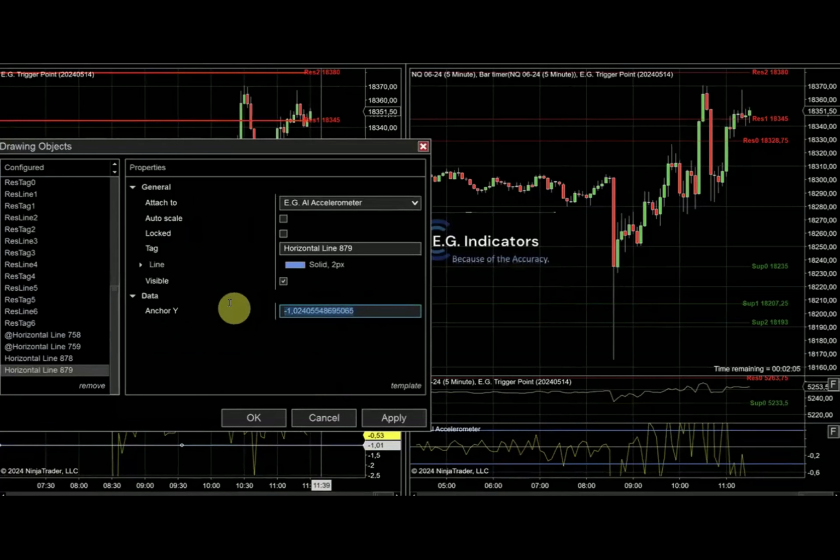We are on a 3-minute chart, so I put minus 0.3. And on the positive side, 0.3. And make sure you lock it, because otherwise you can move the line